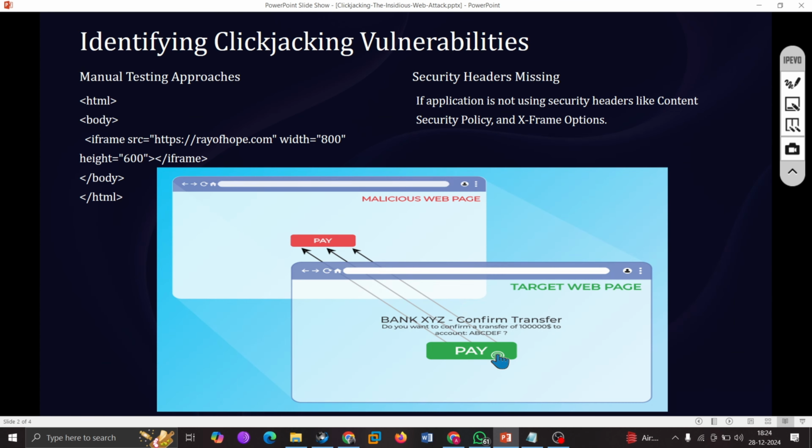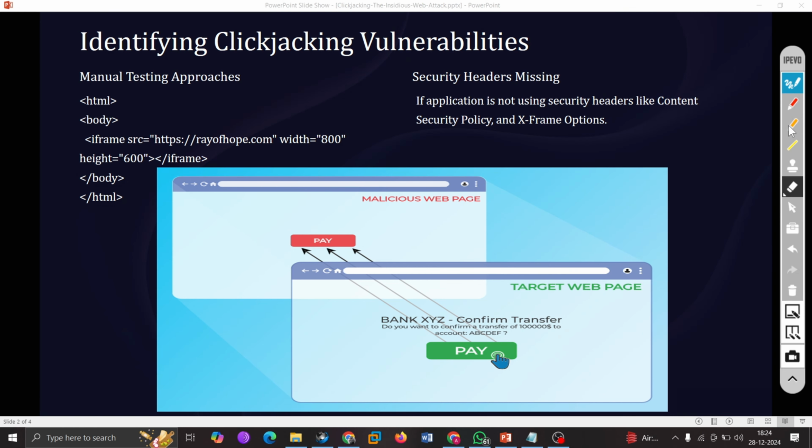Okay. So how do we identify clickjacking? What are the possible ways? We know what clickjacking is, but how exactly can we identify it? Most often, every application uses security headers, which we call HTTP security response headers.